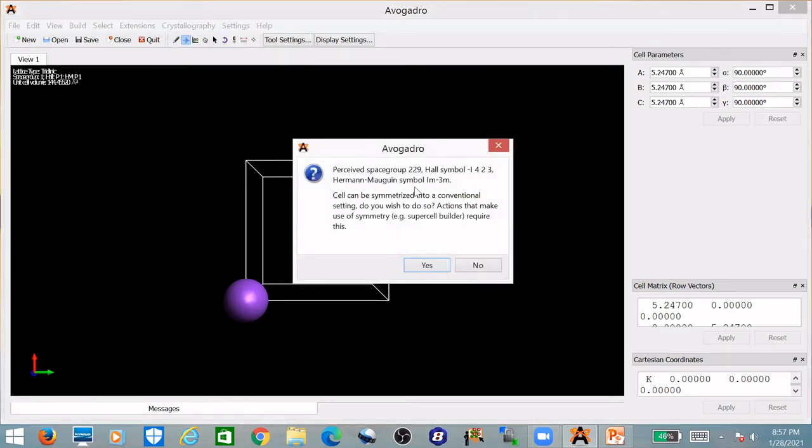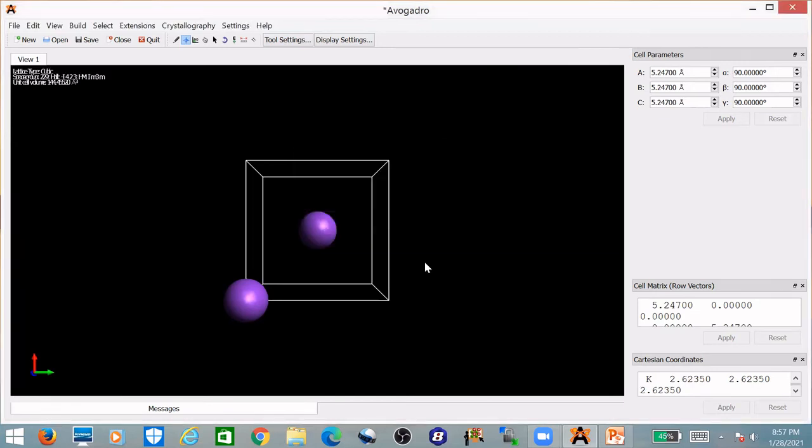And click on, look at that, the perceived space group index number is 229. So 229, as we just saw, corresponds to cubic, and the HM international symbol is Im-3m. I stands for body centered, and the next three are the important symmetry operations. So if I click on this, now we got the correct one. The lattice type is cubic, and the space group number index is 229. You can get the complete information about 229 if you see any space group table.